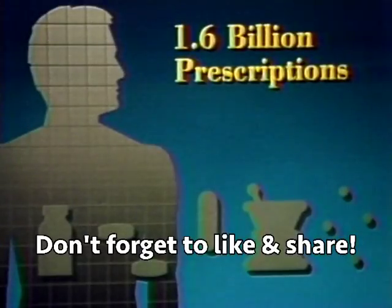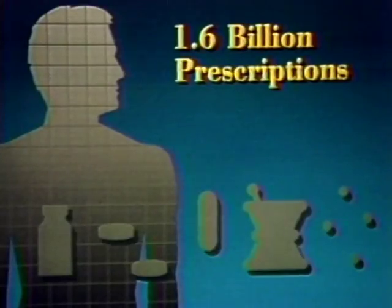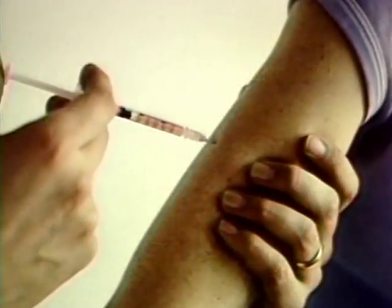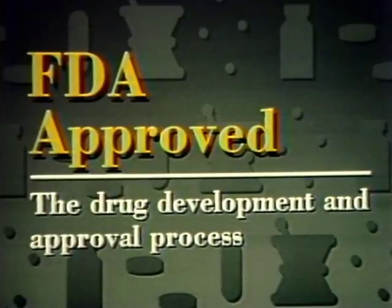Each year, some 1.6 billion drug prescriptions are filled in the United States, about 7 prescriptions for every man, woman, and child. The job of the Food and Drug Administration is to make sure that when they are used properly, these drugs are safe and they work. The title of this program is FDA Approved. We'll look at how the pharmaceutical industry develops a new drug and how FDA decides when a drug is safe